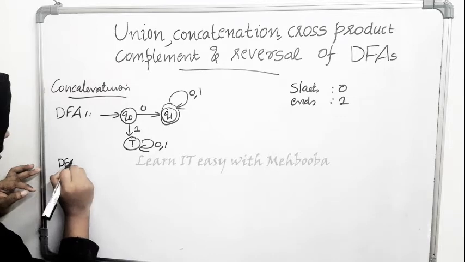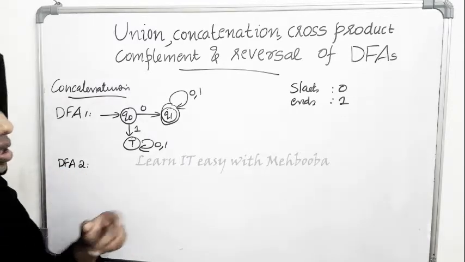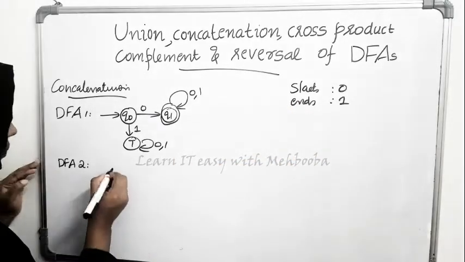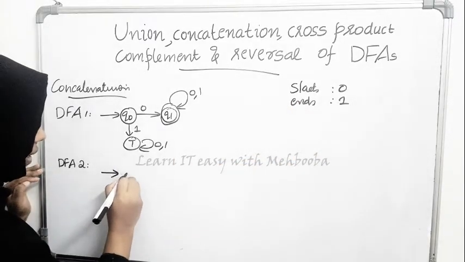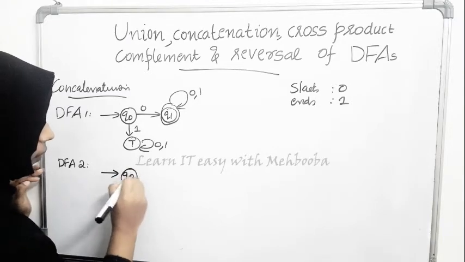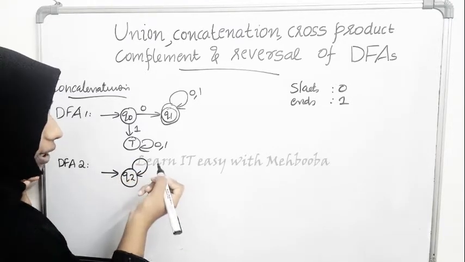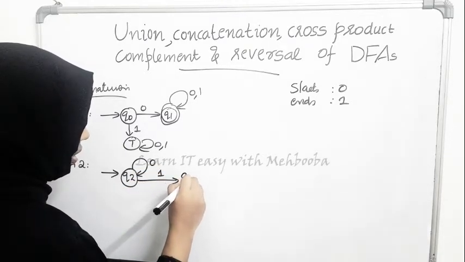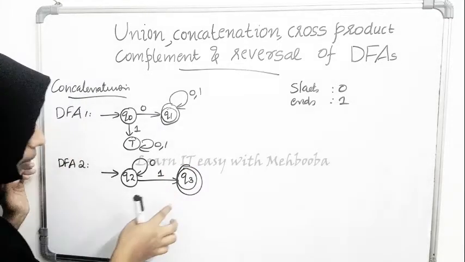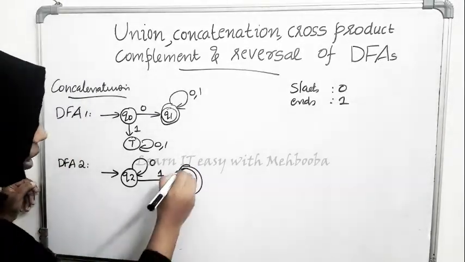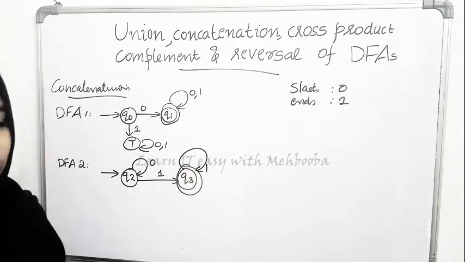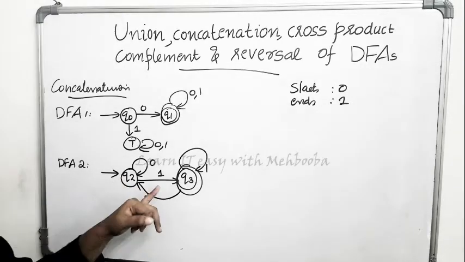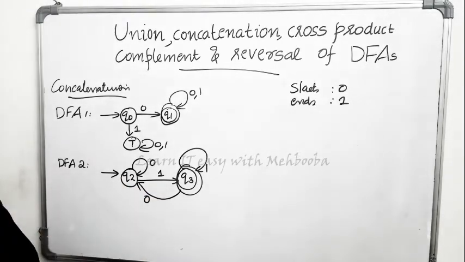Okay, so that is the DFA for strings that are starting with a 0. Now we will draw the DFA for strings that are ending with a 1, giving different state names. The start can be anything, and the smallest string that ends with a 1 is 1 itself, isn't it? So I'm drawing the minimal DFA. Now if you are having any number of 1s at the end, it is perfectly okay. Now if you are having a 0, please come back to Q2 and wait for a 1 so that your string still ends with a 1.